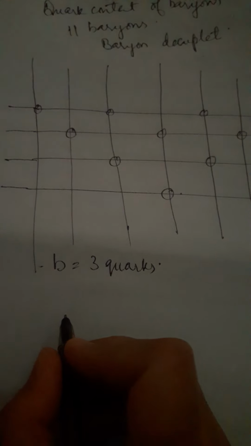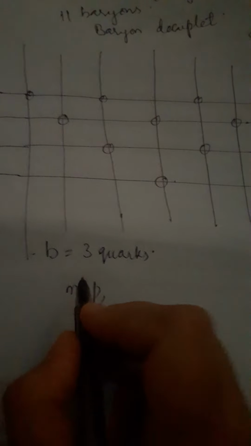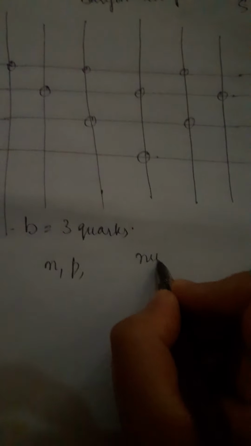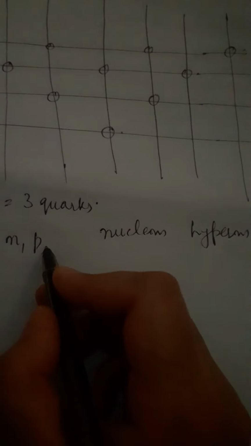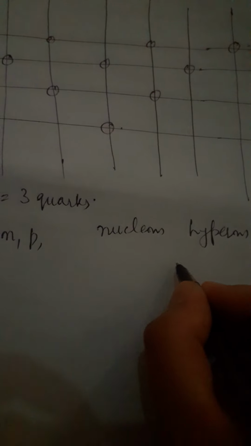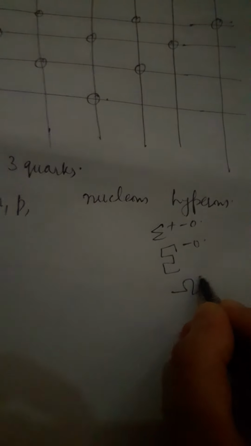Now let us recall in that arrangement, what did you find? The baryons. You found neutron and proton, right? There were nucleons and hyperons actually. If you recall that classification table, there were nucleons and hyperons, right? In the nucleons, you had neutrons and protons. In the hyperons, you had sigma particles, plus, minus, and naught. You had xi particles, minus and zero. You had an omega particle that was minus only. You had a lambda particle that was neutral only, right? So we'll start from that.